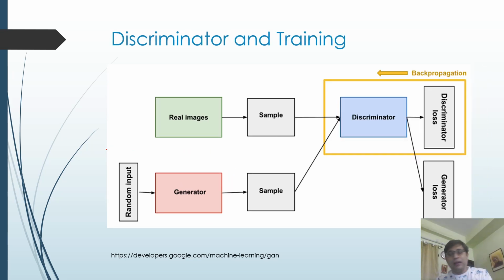Now let's look at the training of the generator and discriminator in more detail. Like other neural networks, the discriminator has some parameters theta, and there is a loss function over here. With this loss function, the discriminator learns the weights. You might be wondering why we have samples over here. Again, I will not go into much in-depth discussion on this.